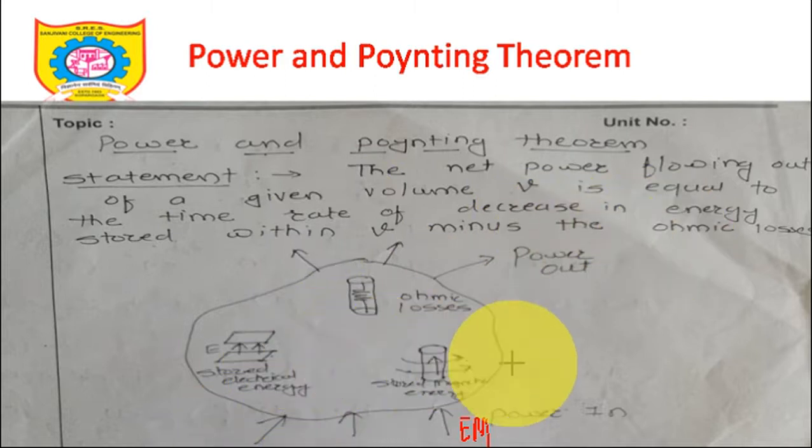Energy will be stored, and that is the reason why, whenever a mobile tower radiates certain energy, at a certain point of time you observe that your range is not coming. That must be the reason. The reason is nothing but the power which is radiated from the source to the point where you are standing right now, where you are not getting the range, is getting decreased. Why are you not getting the same power which was radiated by the mobile tower? It is because of those ohmic losses, and it is also responsible for the time rate of decrease in the energy.